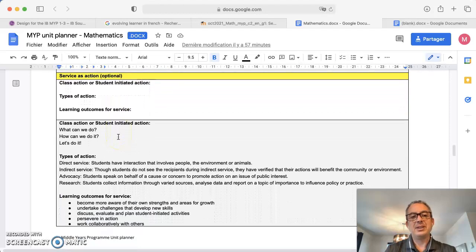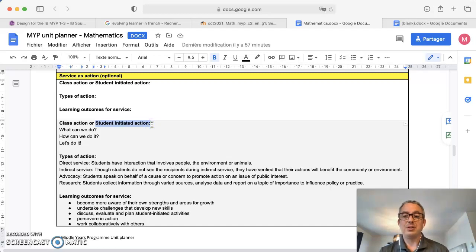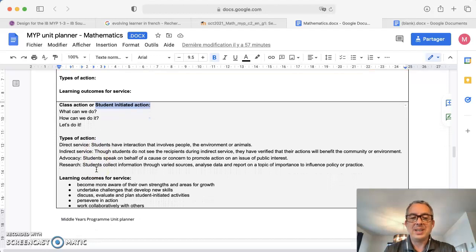So the idea is that it's either a class action, as I said, or a student initiated action that the students could do following the unit plan. There are 4 types of action. Normally direct service, where they are directly involved with other people, environment, and animals, and indirect service,